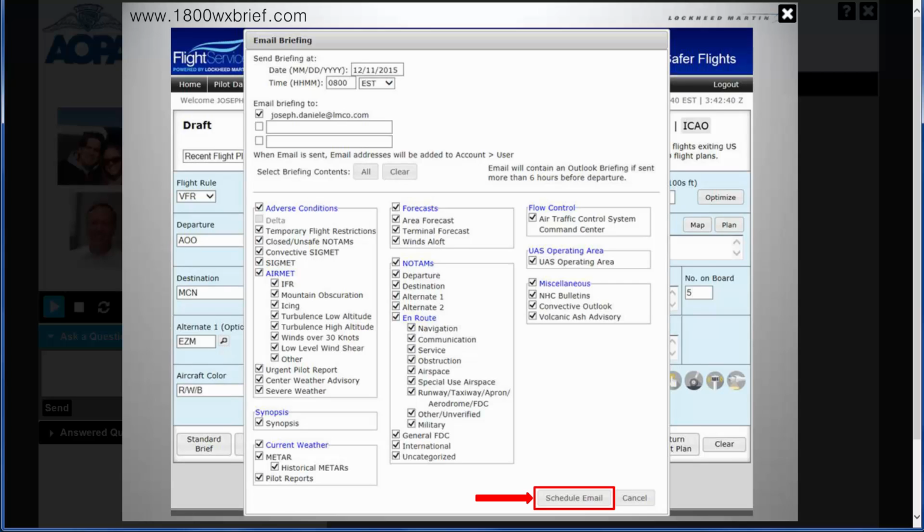The one thing I want to note is that once you make these settings, we save them. So the next time you come in, you get a scheduled email. All your settings will be saved the way you left them, with the one exception of the adverse conditions. Because of the safety implications, we include those for every briefing by default, but you can still turn them off. We just won't save that off setting because we don't want to make you think that there's not an adverse condition when there is. But meanwhile, irrespective of the adverse conditions checkbox, everything else, as you said, is saved,